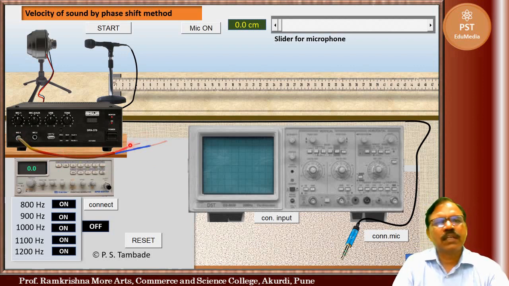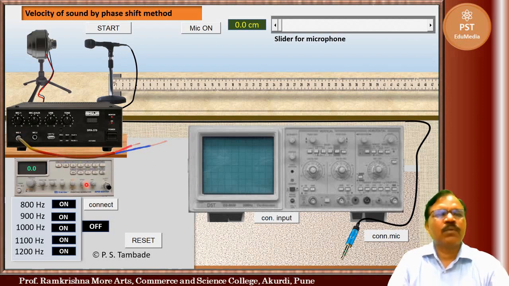So this is the wire from the mic input. We have to connect the signal generator here, and then to take that waveform on the CRO, we have to connect the X channel of the CRO to this. We also have to connect the microphone. Here this is the wire of the microphone, this black one, and here it is the jack pin. So we will connect the Y channel to the microphone.